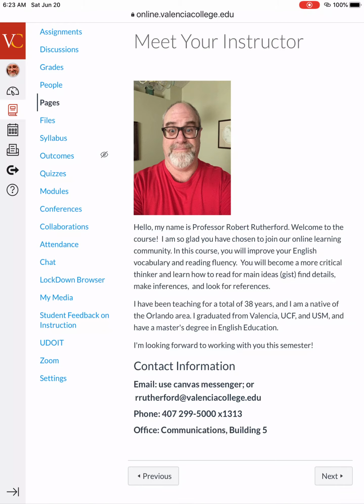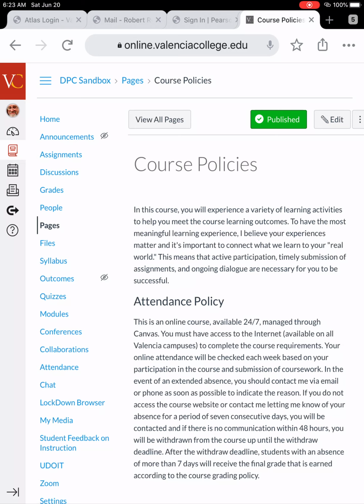And of course, if you ever need to review anything, at the bottom of each page, you can also go back to the previous page by clicking the Previous button. Okay,